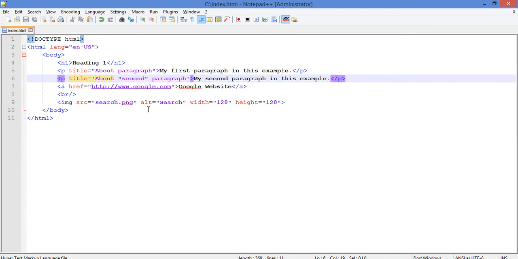This alt attribute can be used whenever the image is not available. The text can replace that particular image in the web page. The alt attribute can also be useful for screen readers to identify the information related to that particular image. The width and height attributes correspond to the dimensions of the image we want to display.